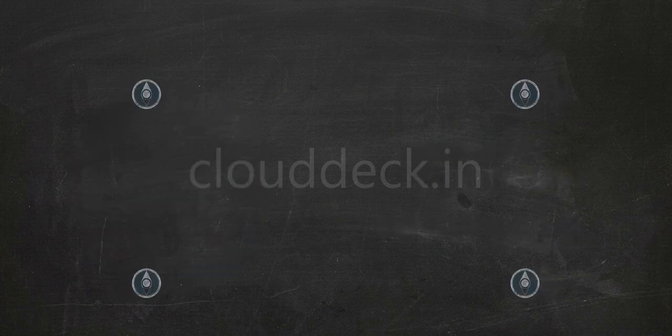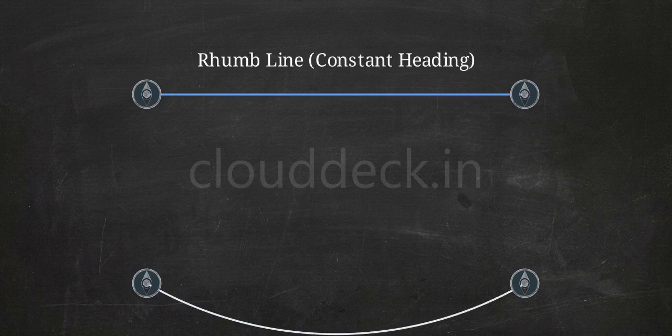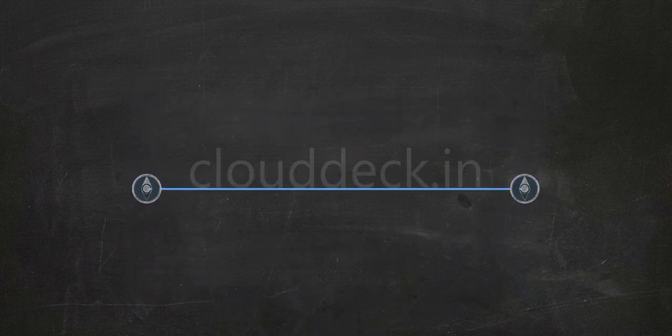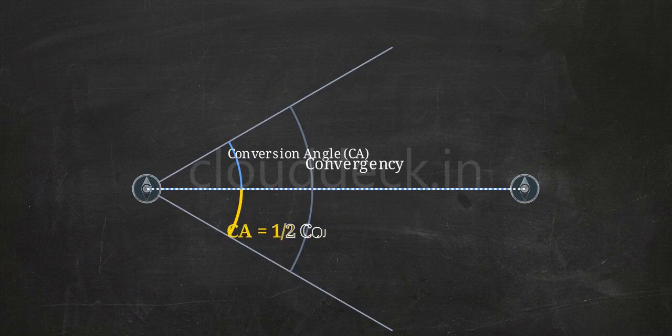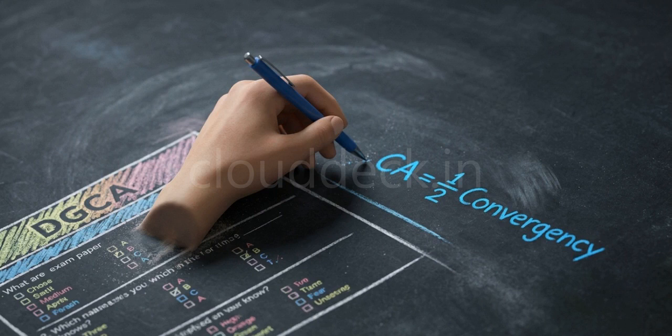Since a rhumb line gives us our constant average heading, and the great circle is our actual curved flight path, we need a mathematical tool to bridge the gap between them. That tool is the conversion angle. As this geometric arc shows, the conversion angle is always exactly 1/2 of your calculated Earth convergency. Finding these two exact numbers is the mandatory first step before you attempt to solve any track-finding question on a